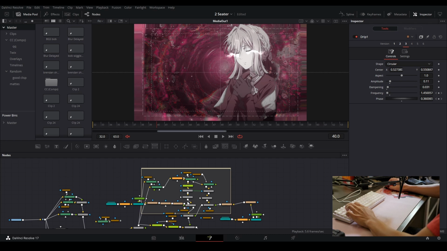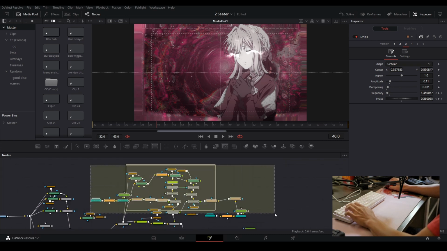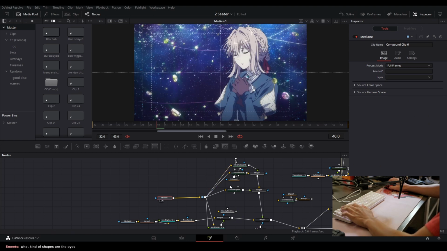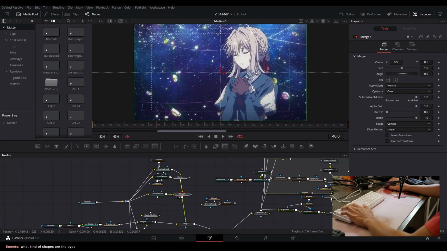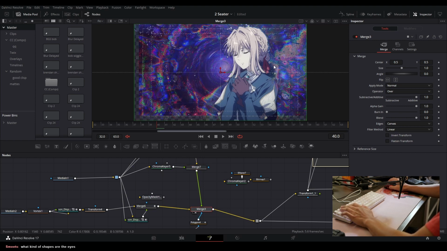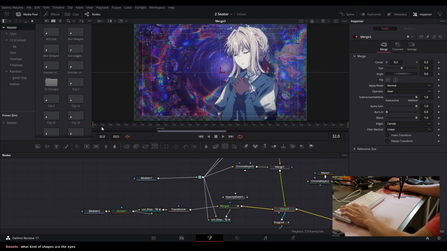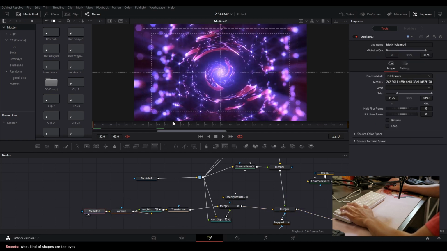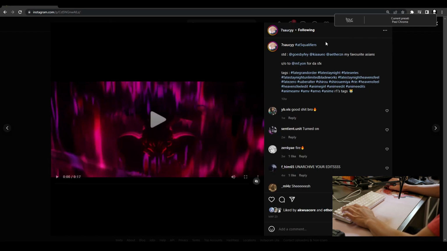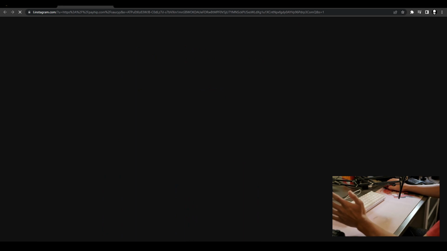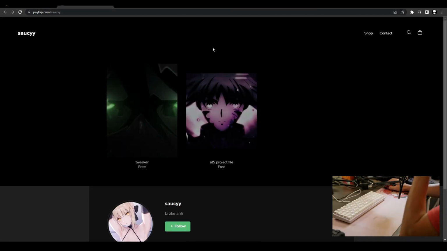All right, this is the eyes. Don't even fret. This is the mask out again. I masked her out, keyed her out. And I made sure this is normal. So this is the overlay I got from Saucy. So that you know the edit I was talking about, that's why it's relevant. He has the project file on his PayHip, and it's for free. So I downloaded that, and